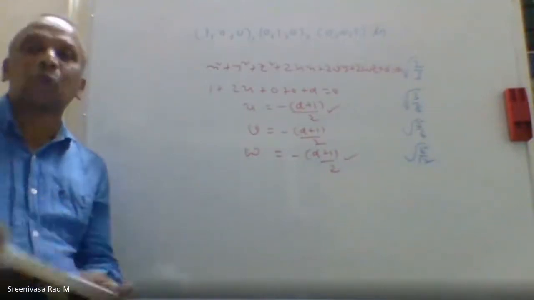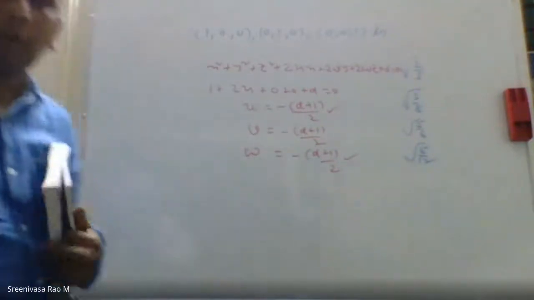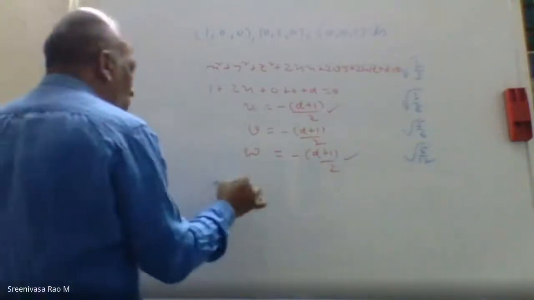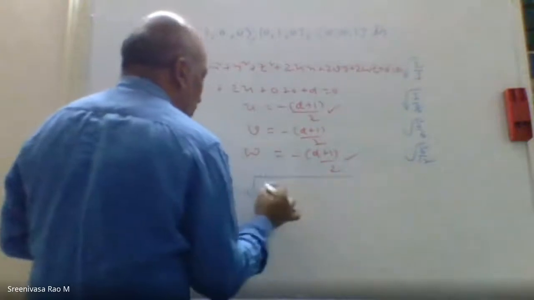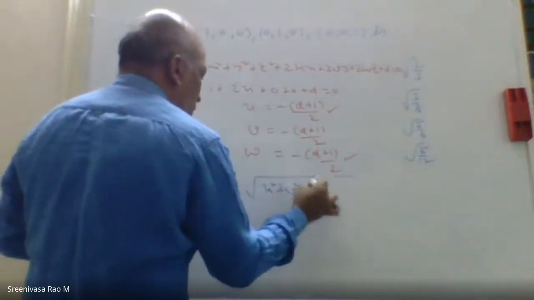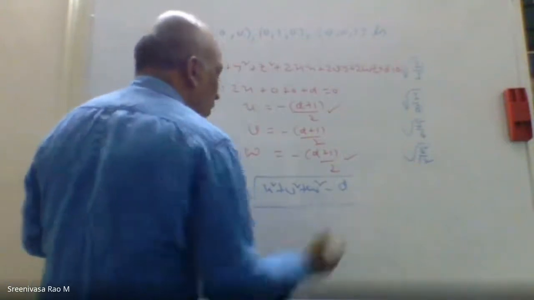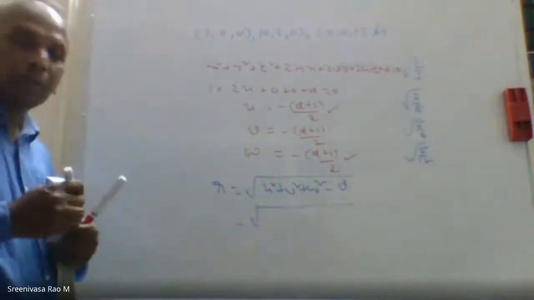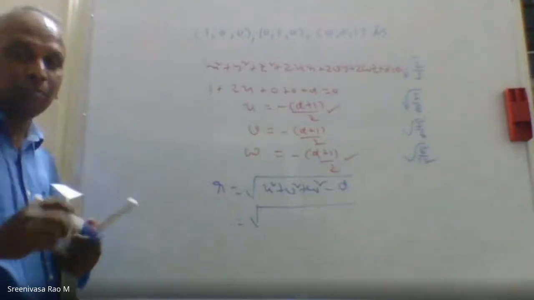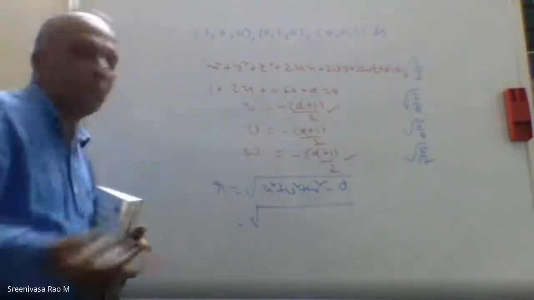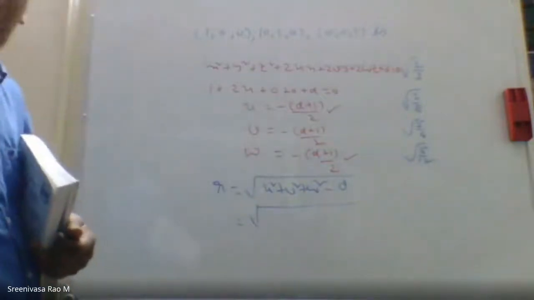Now take the radius formula we have. What is the radius formula? You can consider radius is equal to root of u square plus v square plus w square minus d. You simplify this, and you will get an equation in terms of r. That r should be smallest. They say you can simplify u square plus v square plus w square minus d.